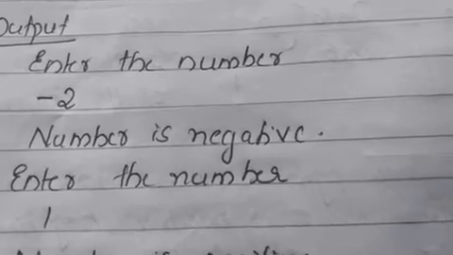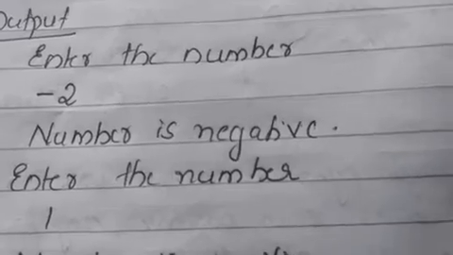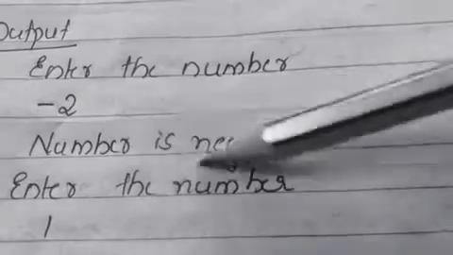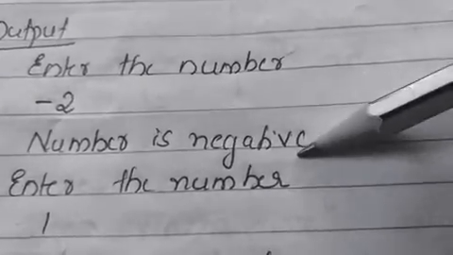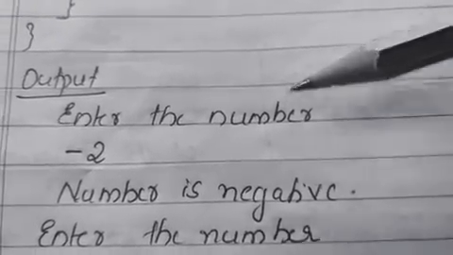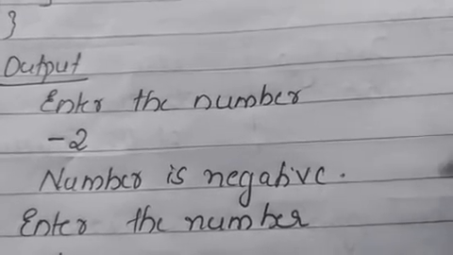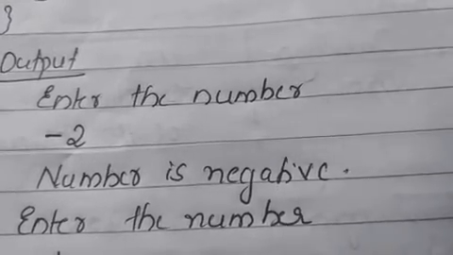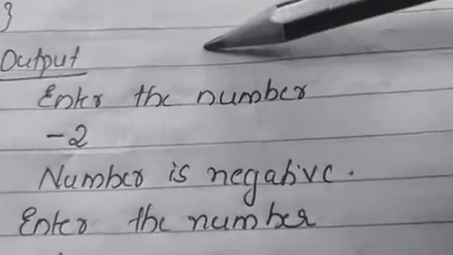We have also studied the range of those numbers. Those students who didn't know the range of these values, go through that text and study all these things. Okay, so the message will be printed. If we have given a number like this, then the message will be printed like this, number is negative. When a program like this is given, compile and run the program 3 times, because we are checking 3 conditions. If we are getting the correct output based on the condition check, then we can say that particular program is true.